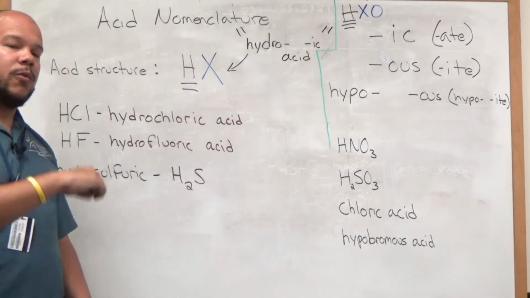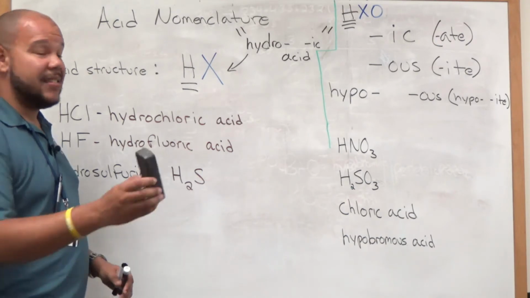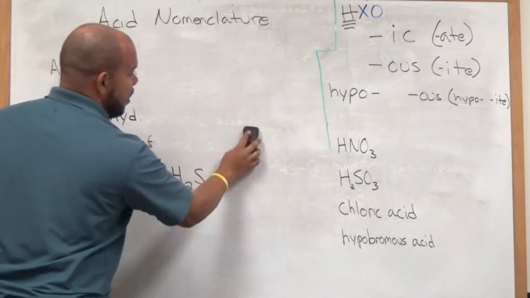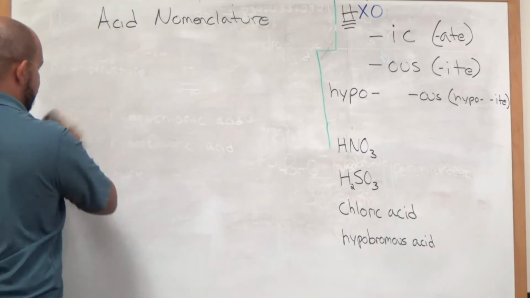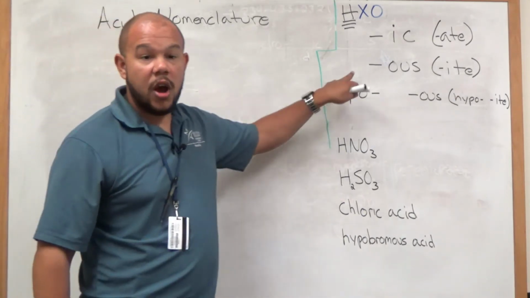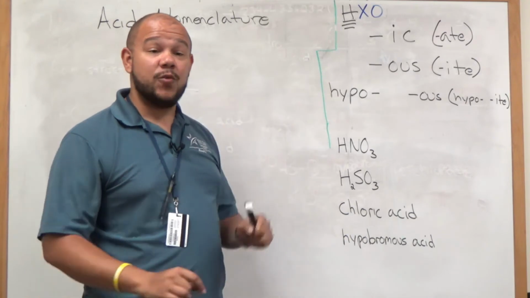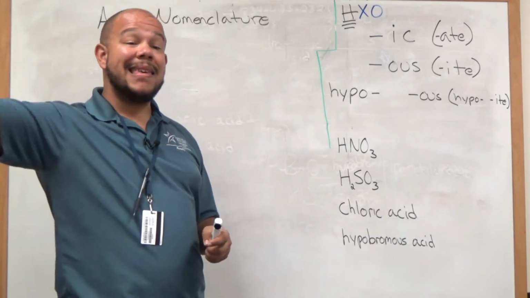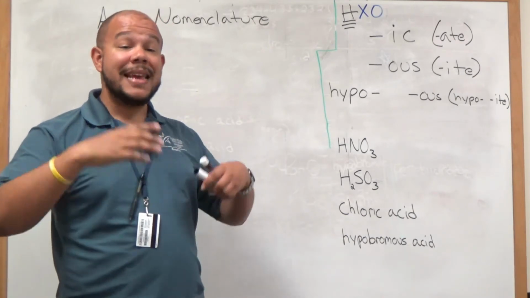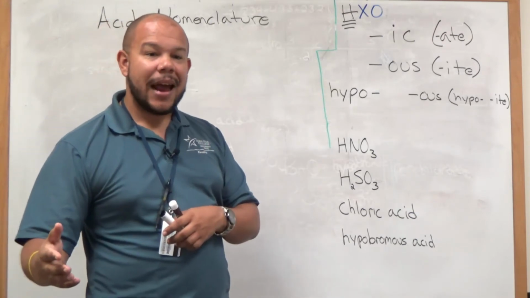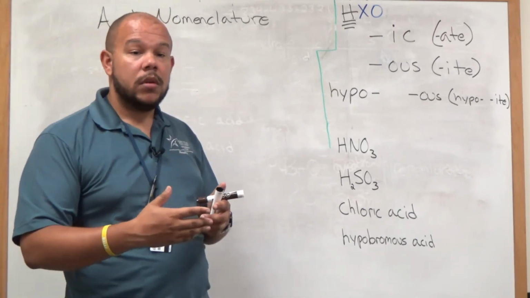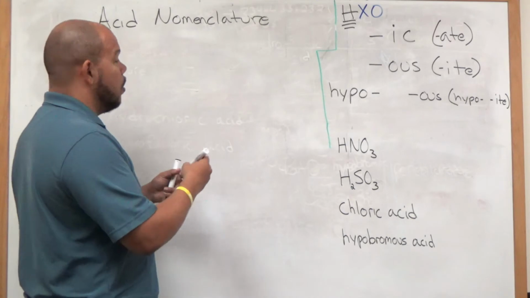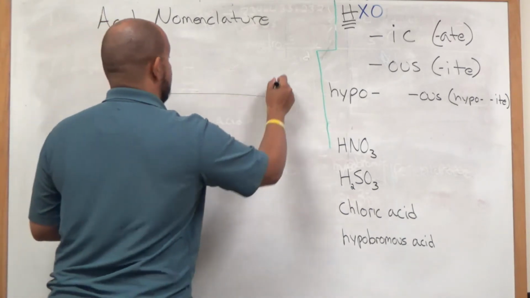So if you haven't watched that, go back and watch the mini lecture on oxyanions and nomenclature. So let's take a look at some of the examples when dealing with the structures of the acids where hydrogen still comes first, the same structure we're dealing with, except we have a nonmetal and then an oxygen. So we're dealing with the ate, the ite, the ous, and the hypo. Okay? So if we remember real quickly,